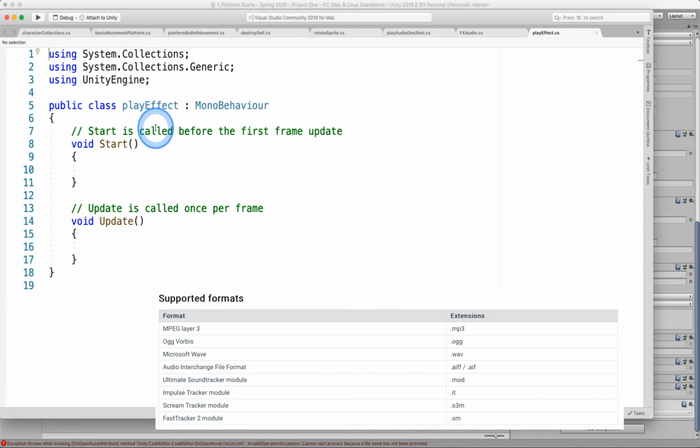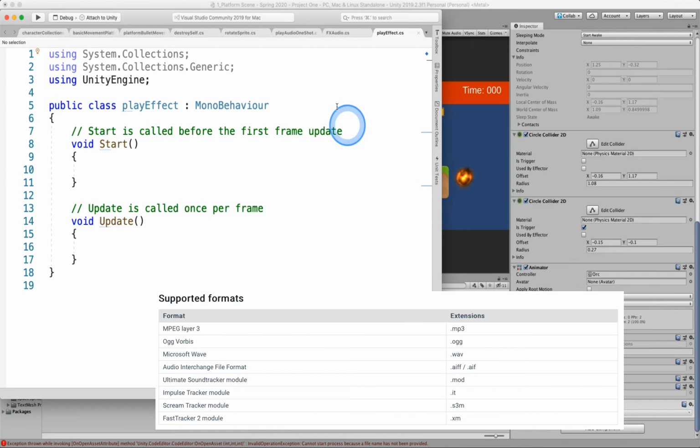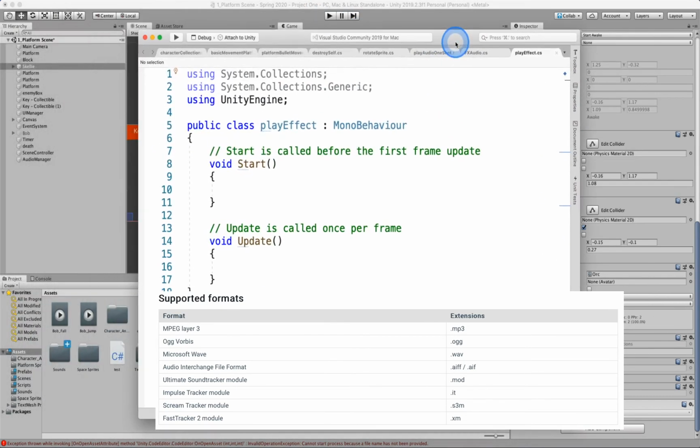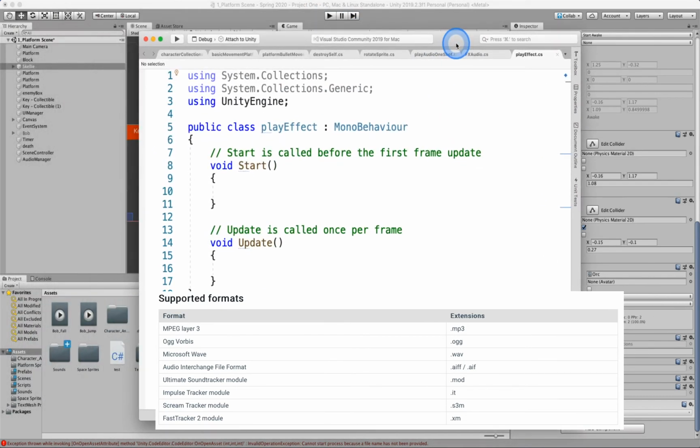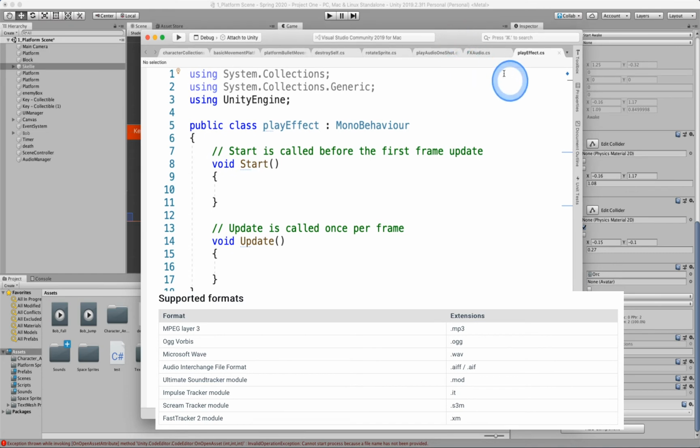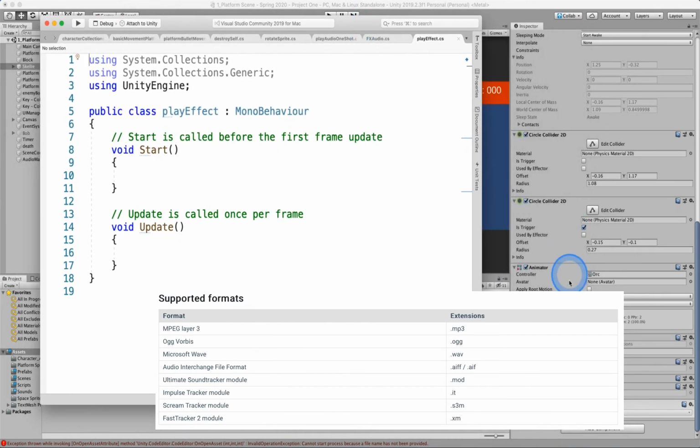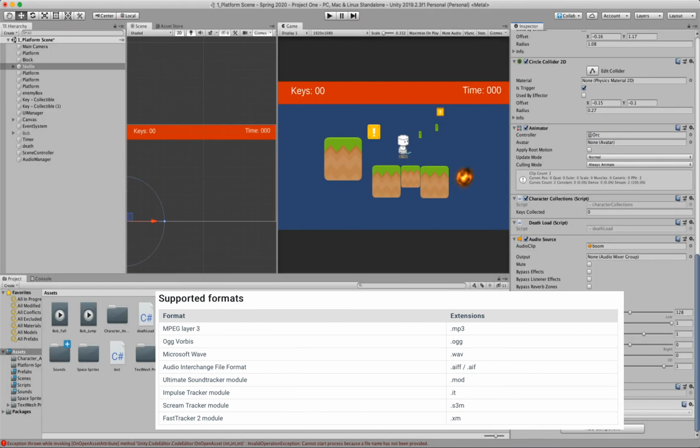Here's our PlayEffect. And so this is different than when we had the soundtrack, because the soundtrack just automatically played. We didn't have to write any functionality or logic or type of behavior to make our audio source play. But the heart of it is we need to have our script, this code, talk to this audio source and tell it to play when we collect something. So